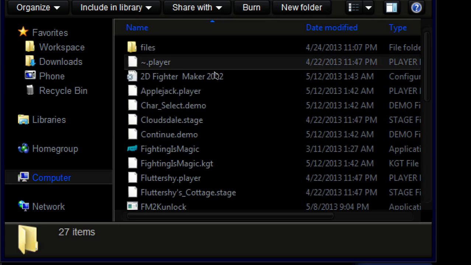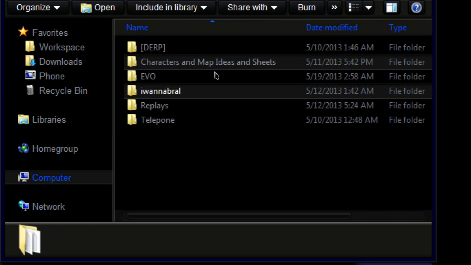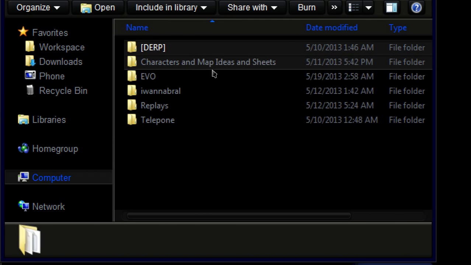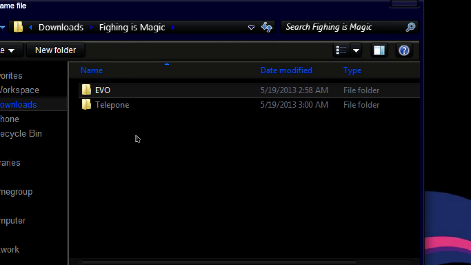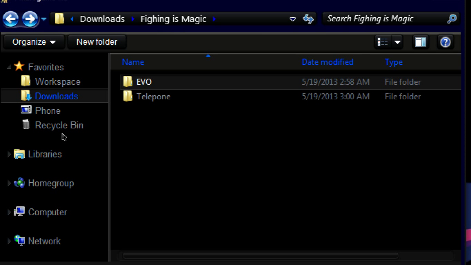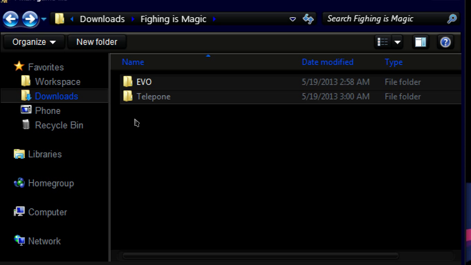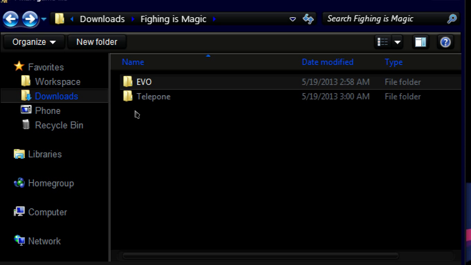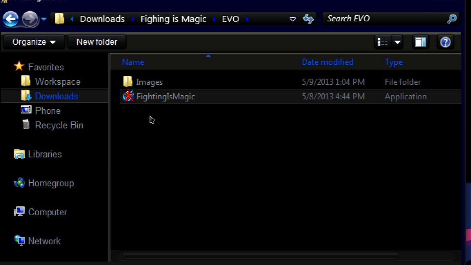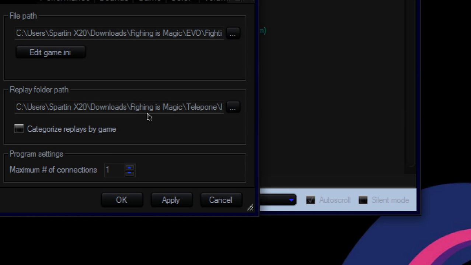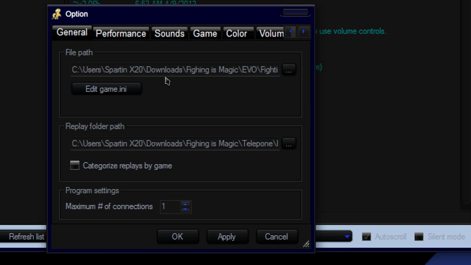In I Wanna Brawl, you have all that stuff and a little bit more. In derp, you have all that stuff and more, and every build has its own separate things. This is why I recommend you place everything in a unique place to make it easy for the game to distinguish what is what. Otherwise, you can get mixed up builds, and no one likes mixed up builds, right? Right? Okay. Anyway, so what you're going to do in this little Telepone thingy is navigate to your Funny's Magic. It could be either I Wanna Brawl or whatever build you want. To change builds, I'll get into that later.